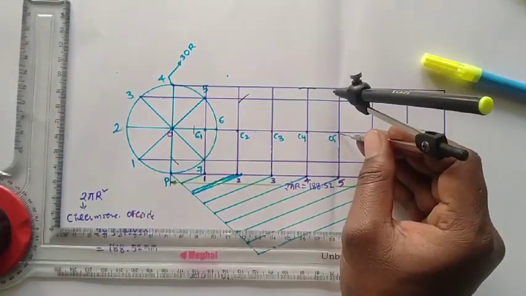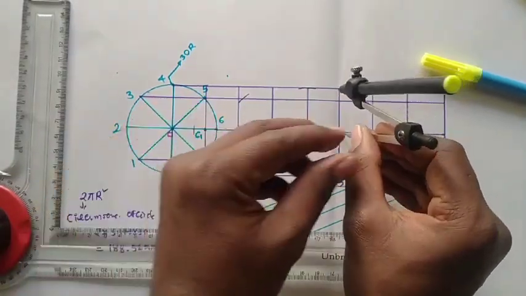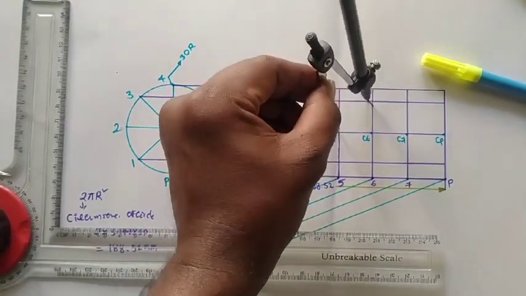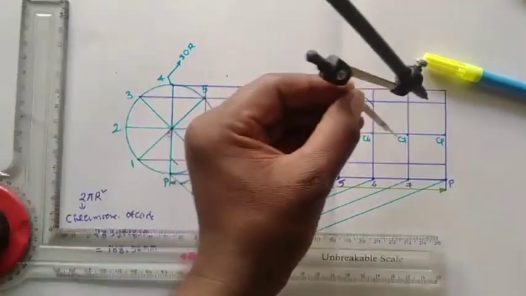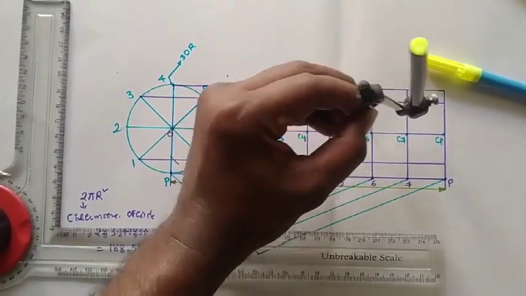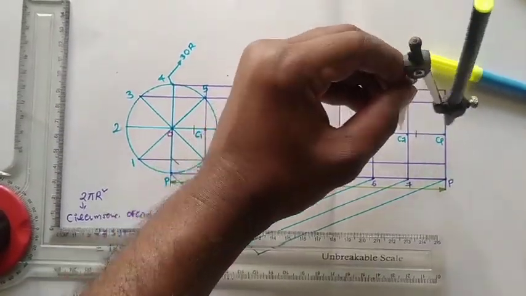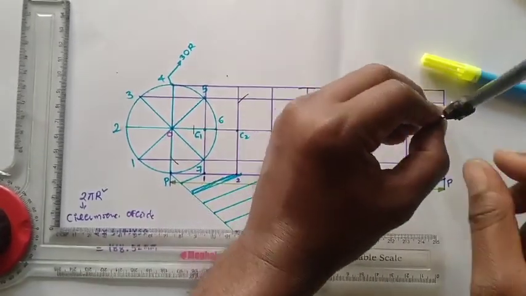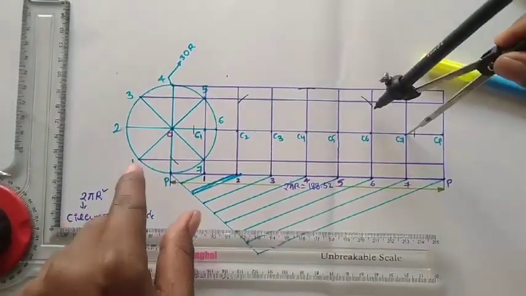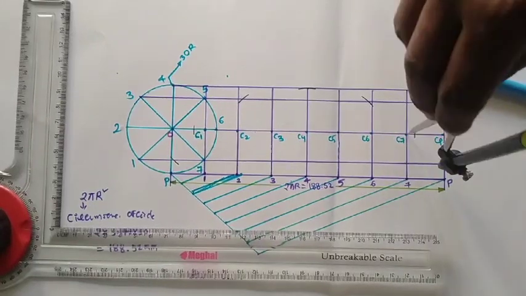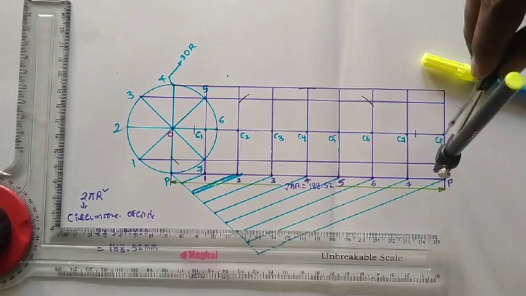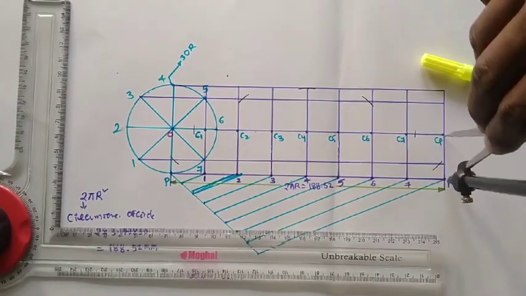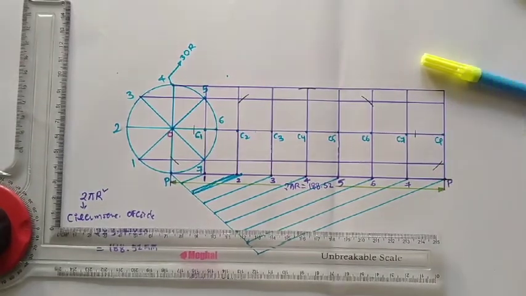Next, C5 at the center, this is the 3,5 passing line, cut this 5 line, okay. Next, C6 at the center, cut this 2,6 line, okay. C6 at the center, cut this 6 line. C7 at the center, this is the 1,7 passing line, cut this 7 line, okay. Next, again C8 at the center, cut this P, this just touches this, okay.